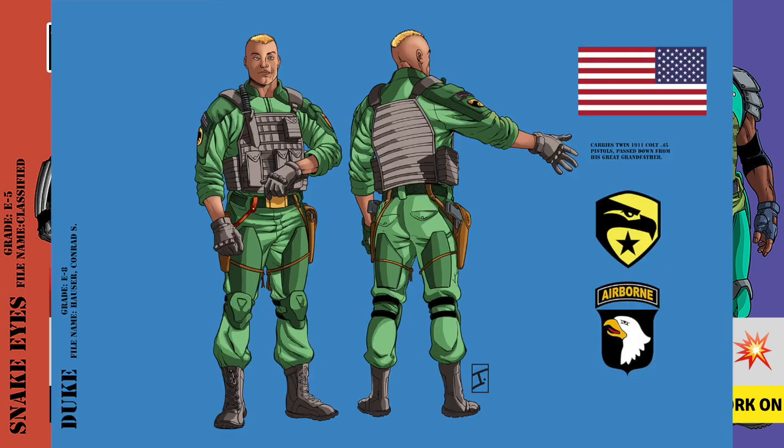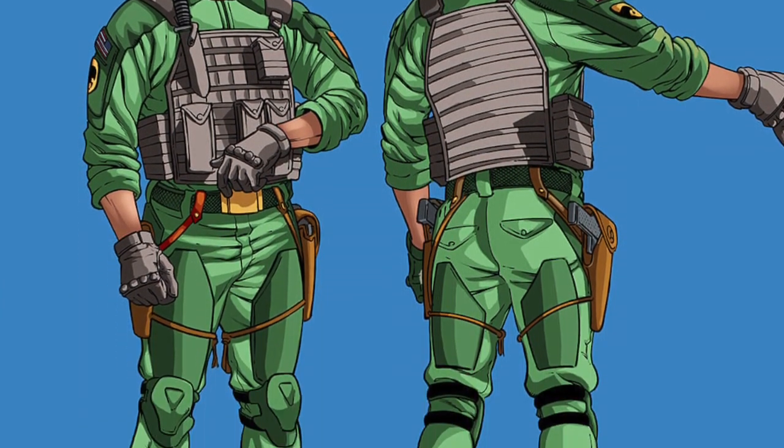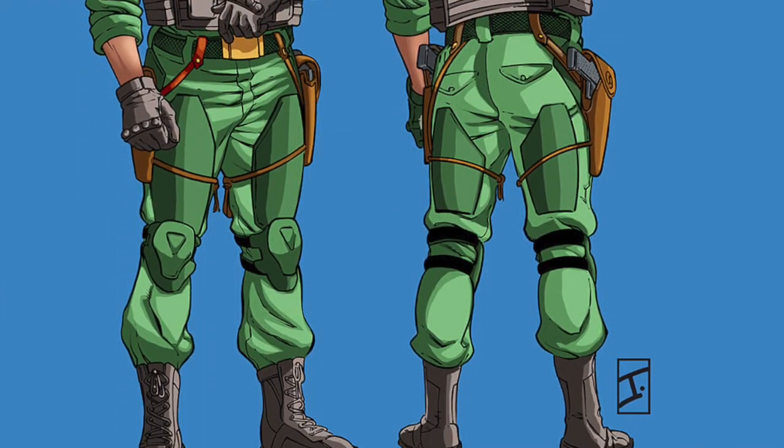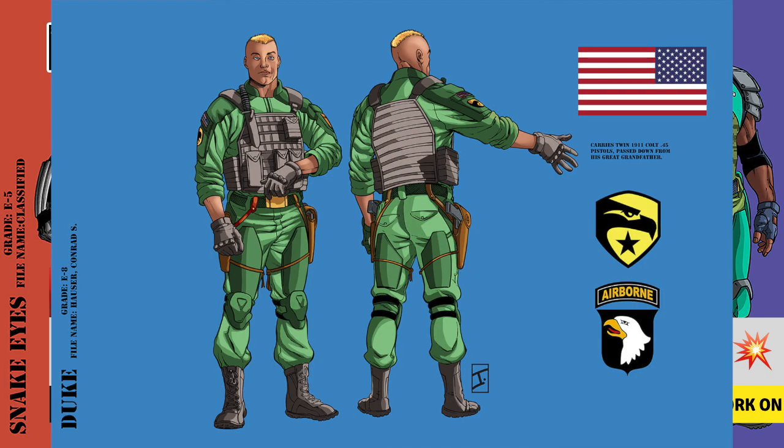future. Moving on to Duke, and he has had a pretty extreme makeover. Shaved back and sides with a wide mohawk, an interesting light and dark green deco with a grey tactical vest, and an added note that he carries twin 1911 Colt 45 pistols passed down to him from his great-grandfather. The art also includes his file name of Hauser Conrad S, his E8 grade and a number of tampos that